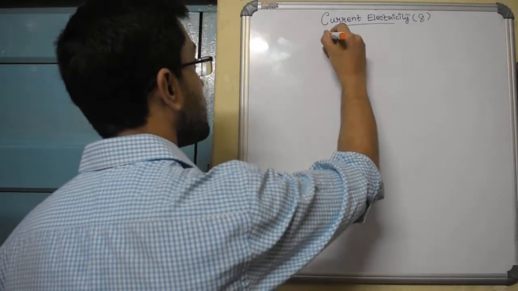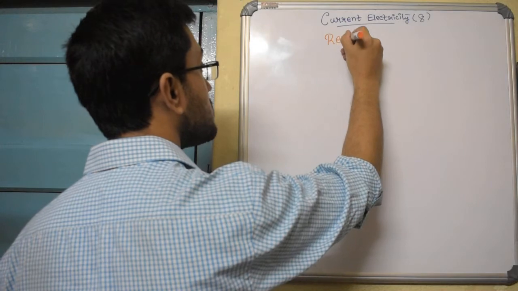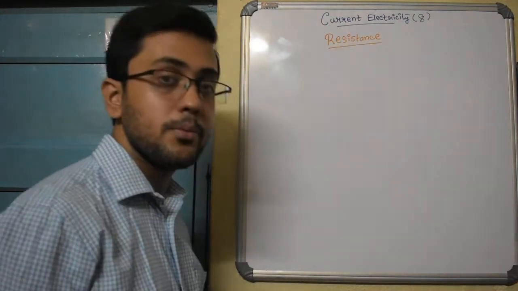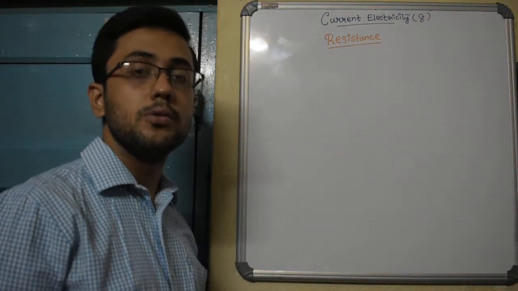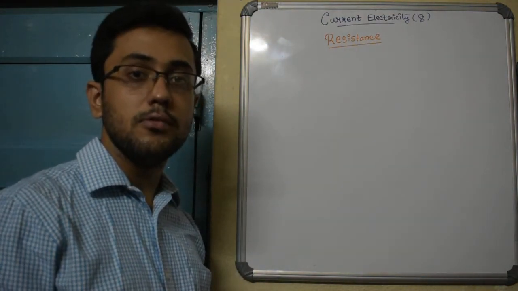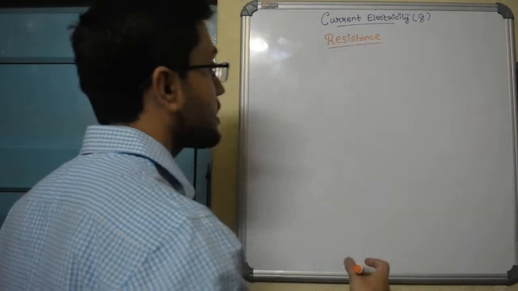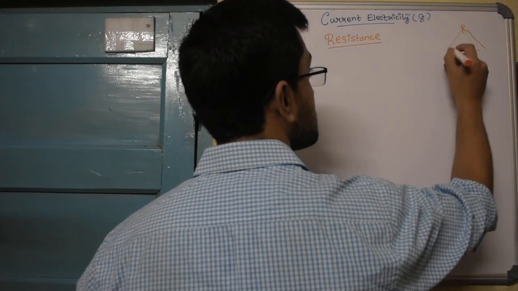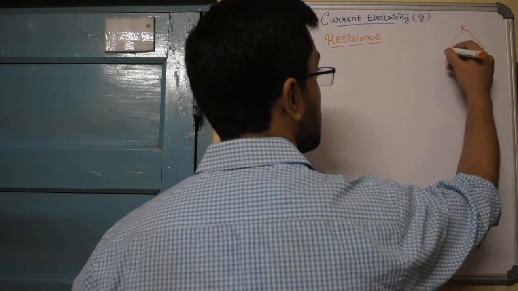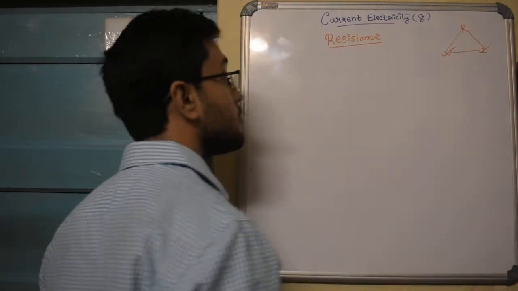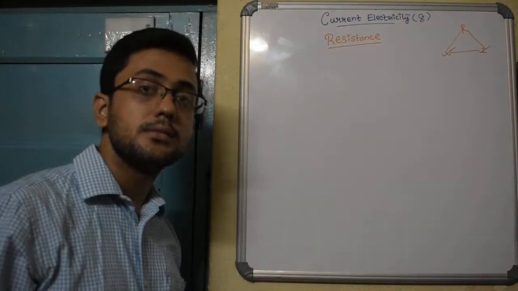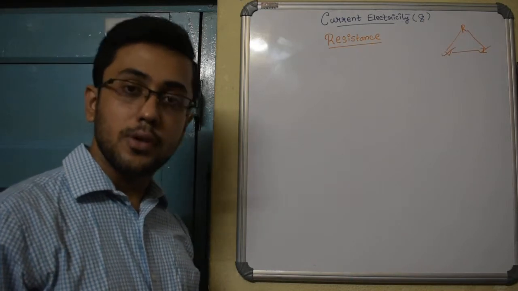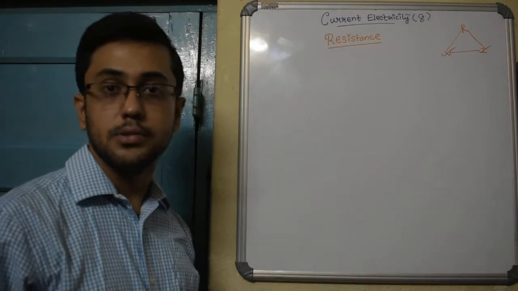Now that we are familiar with the concept of current and potential, we shall go into the third part of the triangle, which is resistance. Electricity, it is said, has these 3 corners of the triangle. Here we have resistance, here potential, here current. We have dealt with these 2, now we are left with resistance. So what is resistance? Resistance is the obstruction that is offered to the flow of current when it is traveling through a conductor or through a circuit.